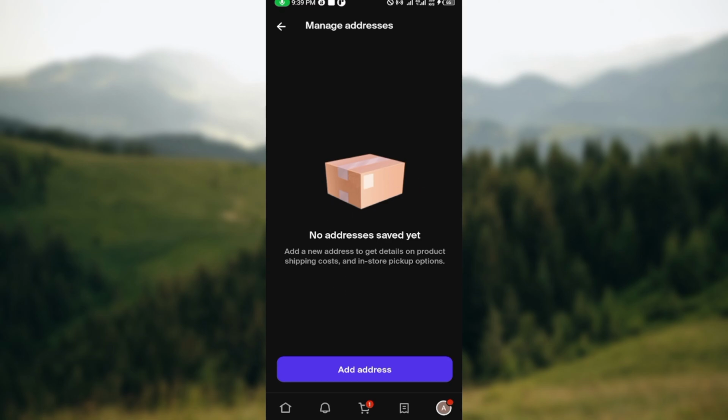And so to change it, all you need to do is to tap on the address that you'd like to change. After tapping on the address that you'd like to change, you'll be taken to the edit page. So on this page, you can edit the fields that are needed. It could be the street address, the city, the state, or your postal code. And then once you're done editing it, just tap on save address, and then your address would be updated and